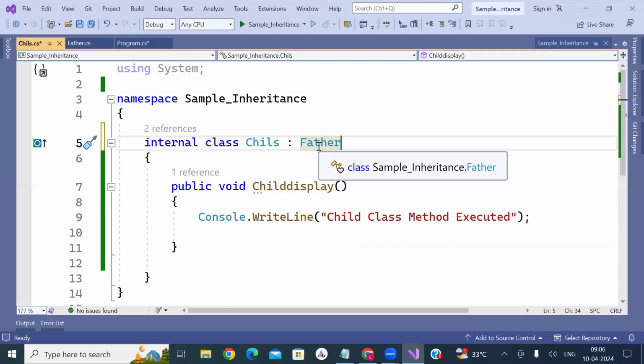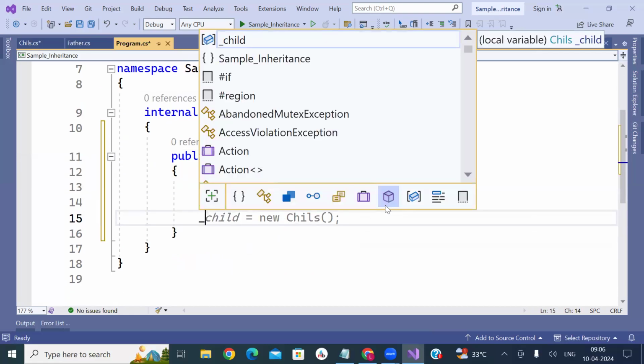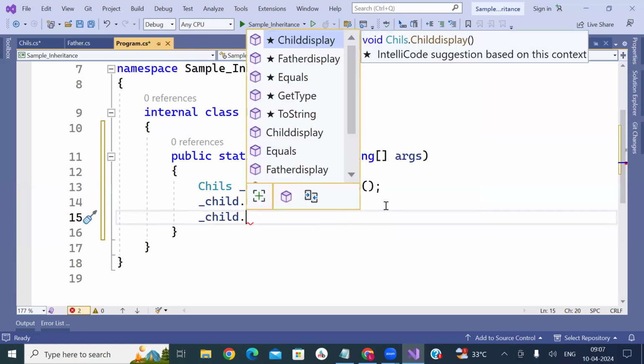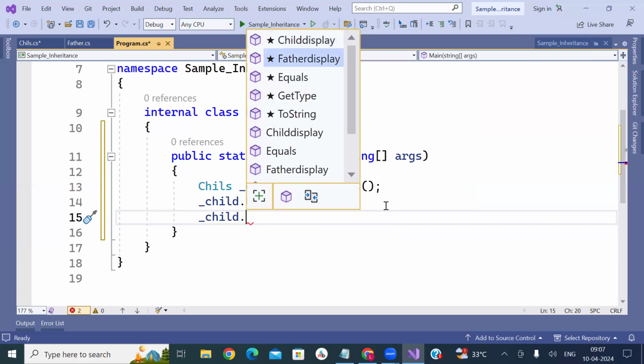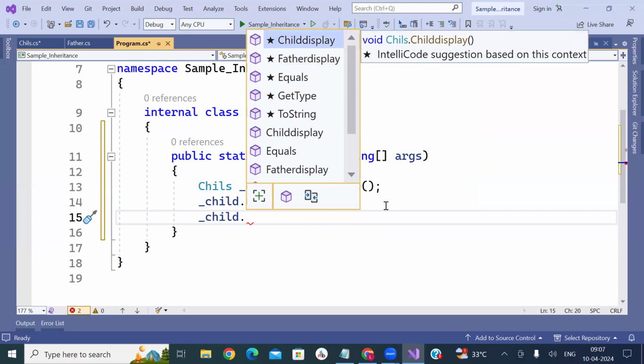So once I do that, again in Program.cs, child dot, you got the father class? Yes. It shows void father display and void child display. So by using inheritance, you can derive the properties of the father class as well as the child class.